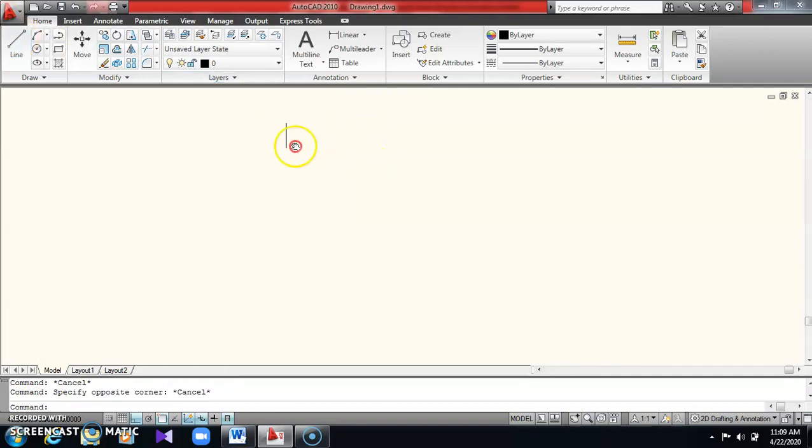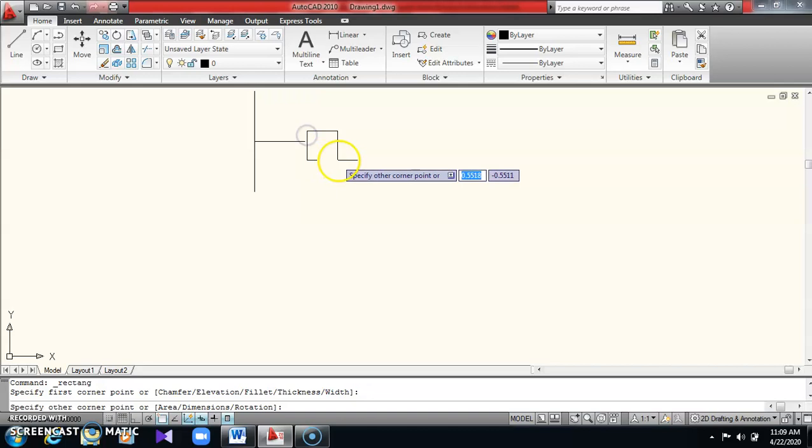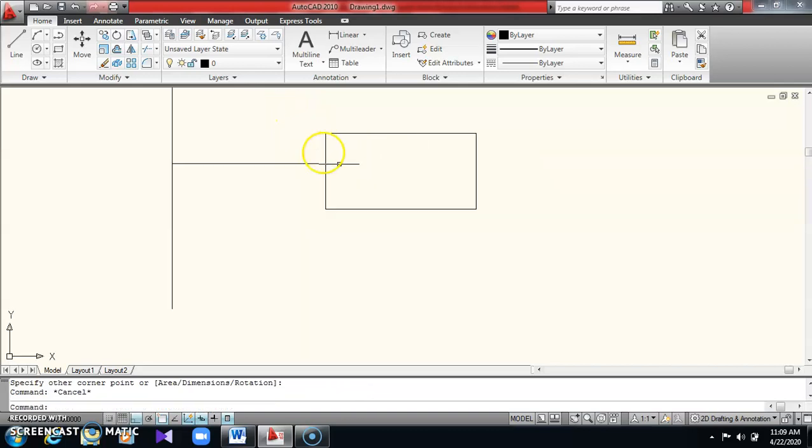Here I'll draw a lightning arrestor. Take a rectangular box, provide it, and zoom in. This line is not connected, so move this.